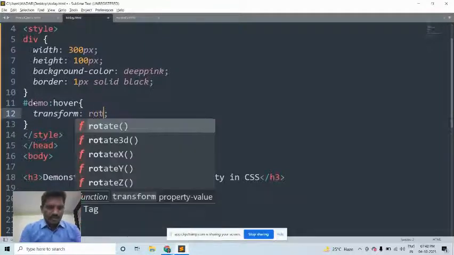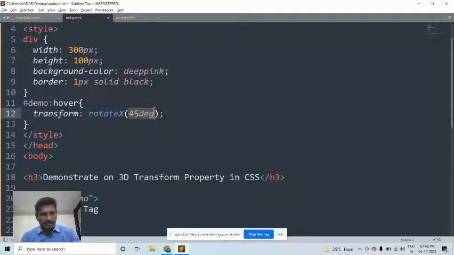What is rotate? There is the rotate method, the rotate 3D method, rotateX, rotateY, and rotateZ. For example, rotateX: the object can be rotated in the X direction by a given degree.